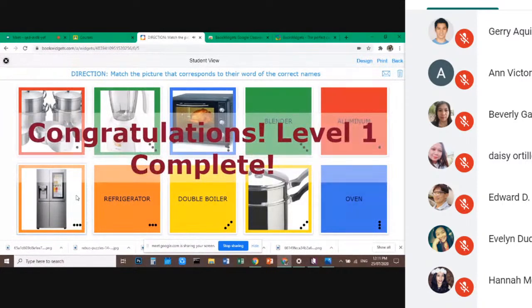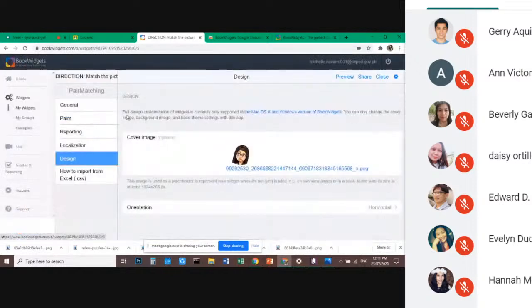Congratulations, level 1 complete. Okay, so nakita po natin na nag-appear po yung word na congratulations, level 1 complete, kung saan natin na-edit kanina. Pwede po natin siyang i-edit as Tagalog, kung gusto po natin, or mother tongue sa mga elementary teacher. And then, pwede pong palitan din po yung naka-record. So, I hope nasundan po natin. I-X na po natin ito, and then,